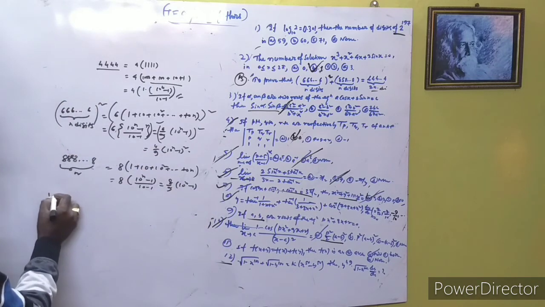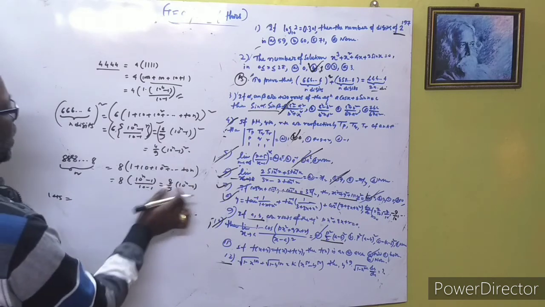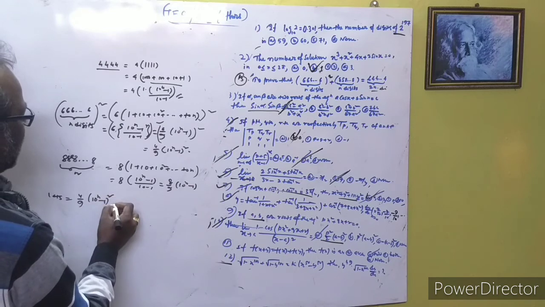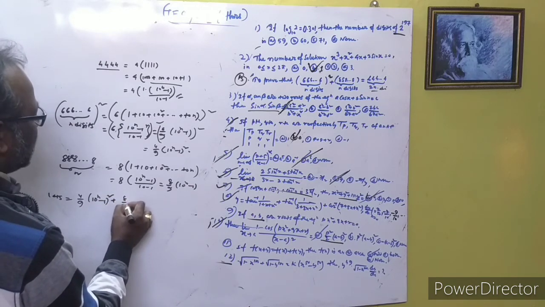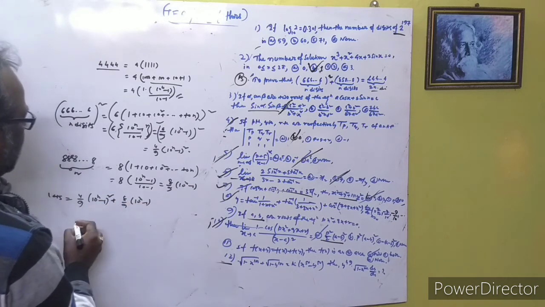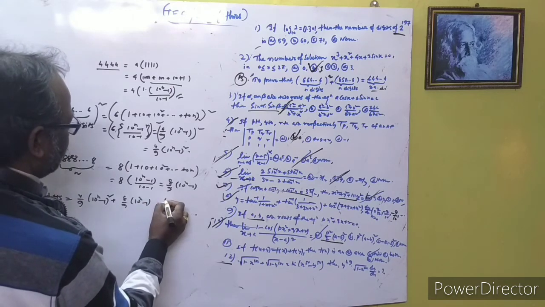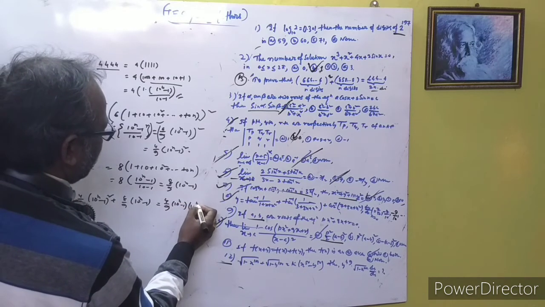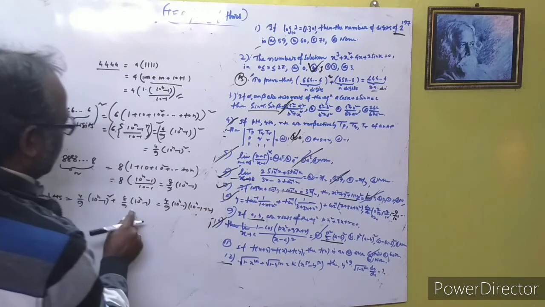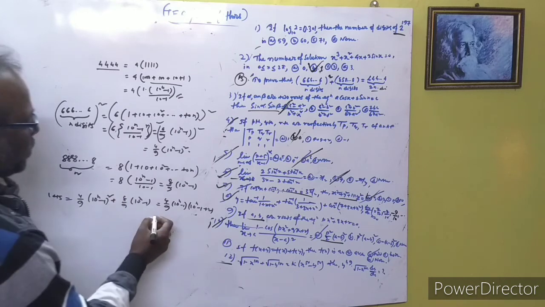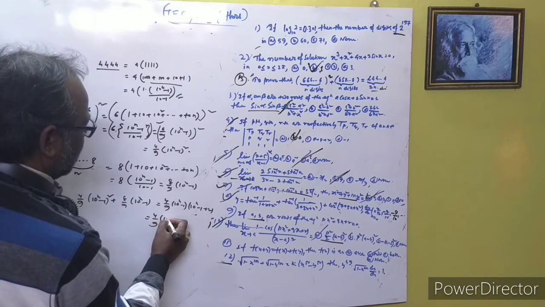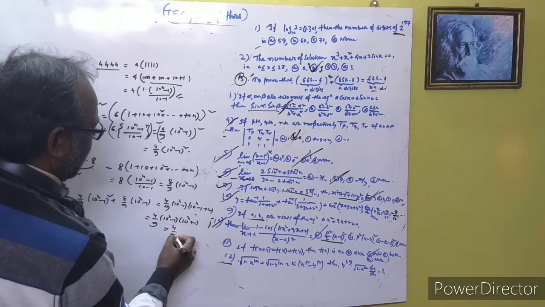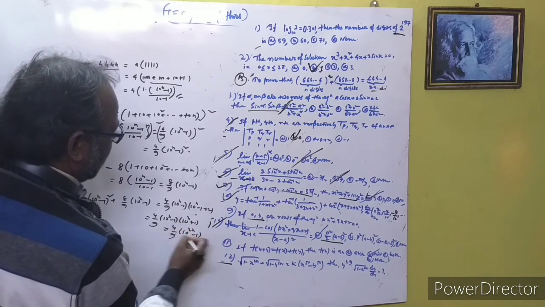Therefore the left hand side is the sum of that, so this is 4 by 9 and (10 to the power n minus 1) whole square, plus 8 by 9 and (10 to the power n minus 1). Taking common 4 by 9 and (10 to the power n minus 1), we get here (10 to the power n minus 1) plus 2, so 4 by 9, and 2 you have left. So 4 by 9 and (10 to the power n minus 1) and (10 to the power n plus 1), so you can write here 4 by 9 and (10 to the power 2n minus 1).